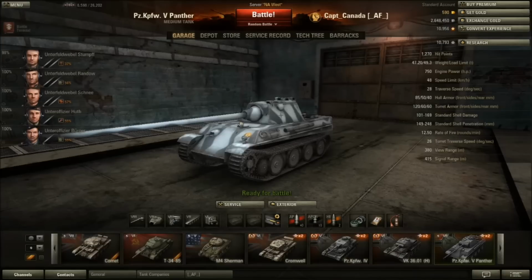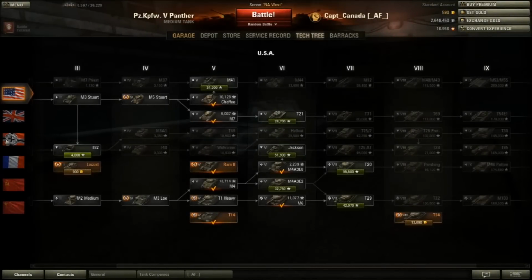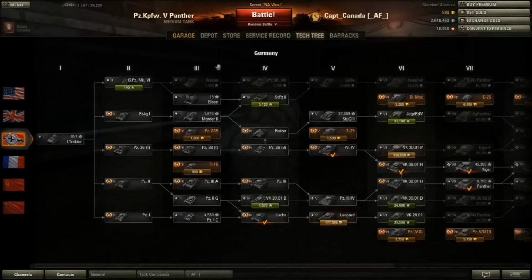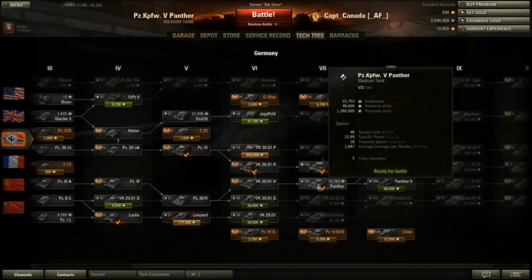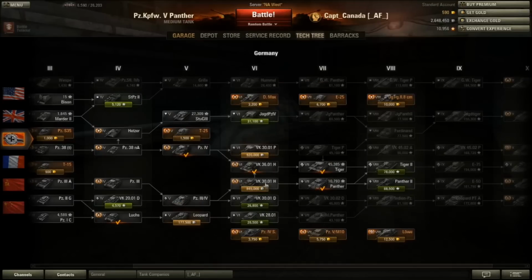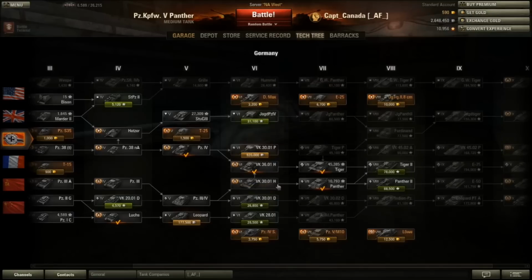Panzerkampfwagen Nummer 2 Panther. That would be number 5. Panther tank. To get to this tank is a bit complicated now. According to 8.7, the way I went through it, I went through the Panzer III-4 to the VK3001H onto the Panther. This is now going to get filled by the